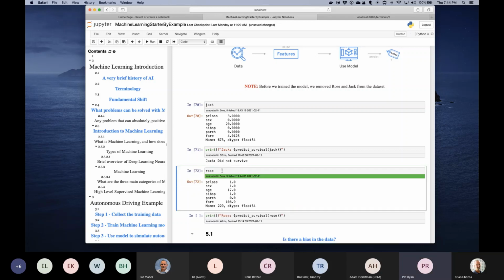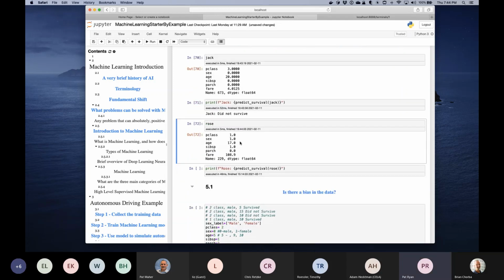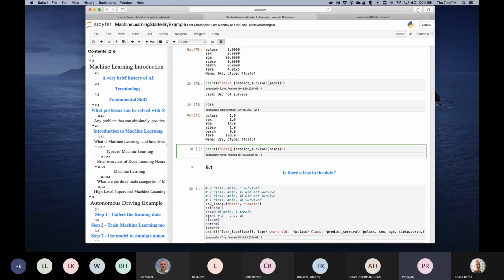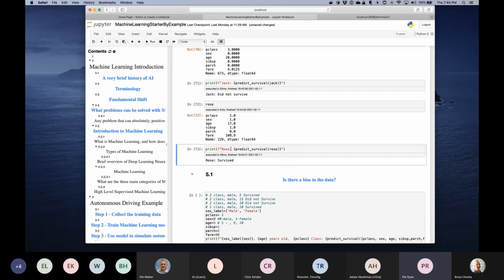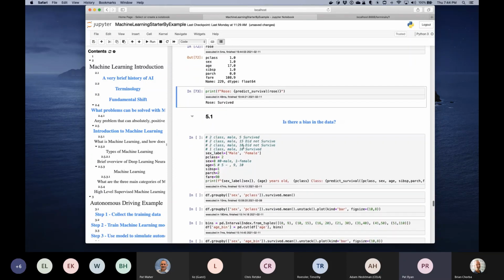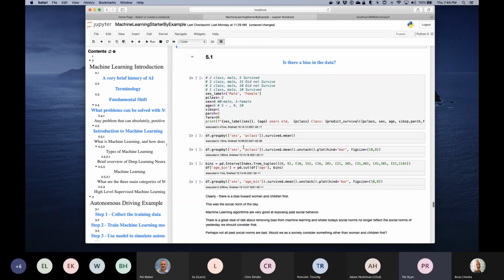But now let's take a look at Rose. All right, Rose was first class passenger, female, 17. Siblings or spouse, probably had siblings, parent and child, probably had a parent or child, but that was the person I used, and a high fare. So again, spoiler alert, somebody with that demographic, do they survive? And they do survive. Now, the reason I like to go over this example is not because I think this is a fantastic example of machine learning, but I think it's a good example of bias that's in the data.